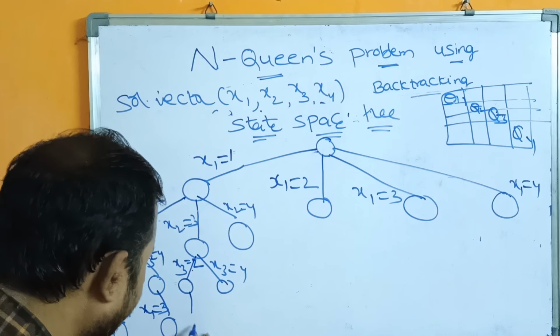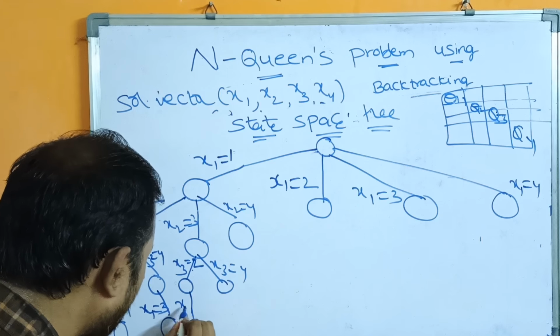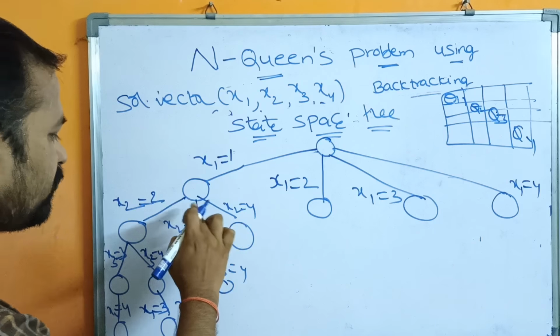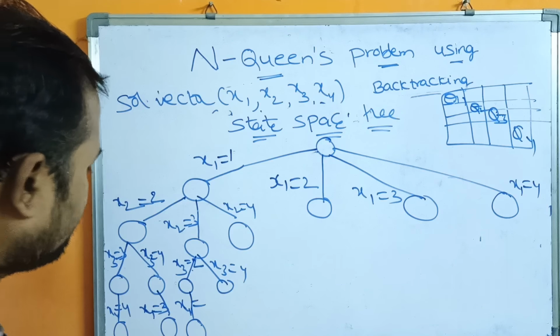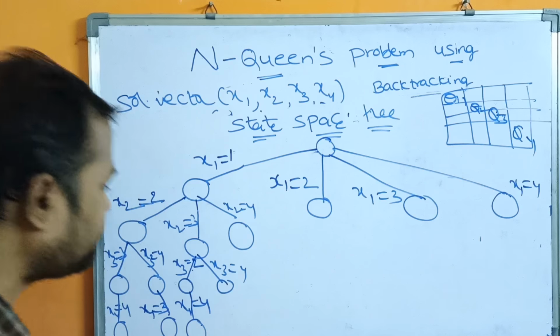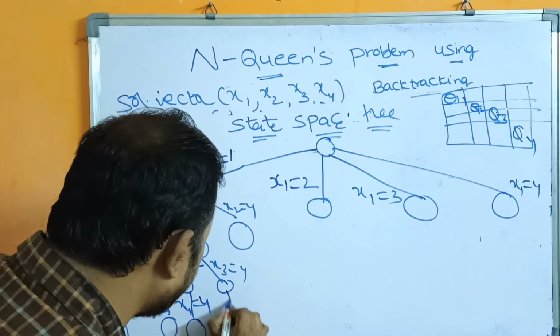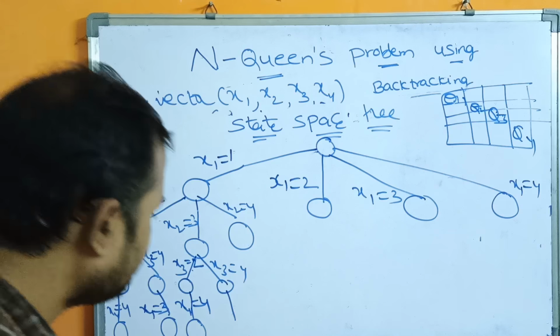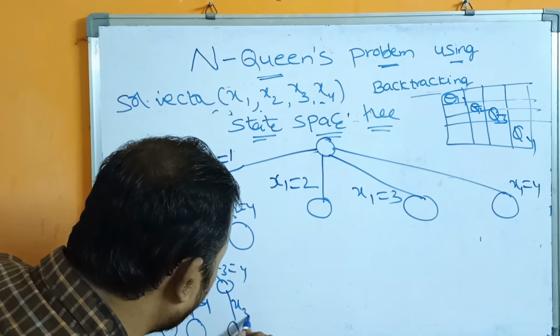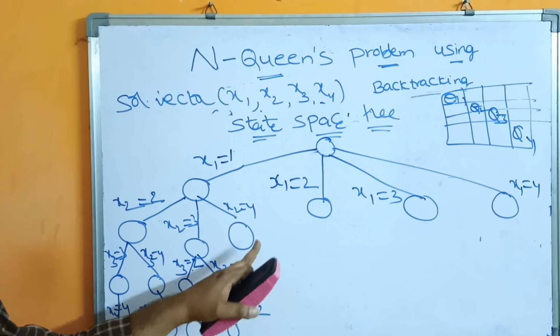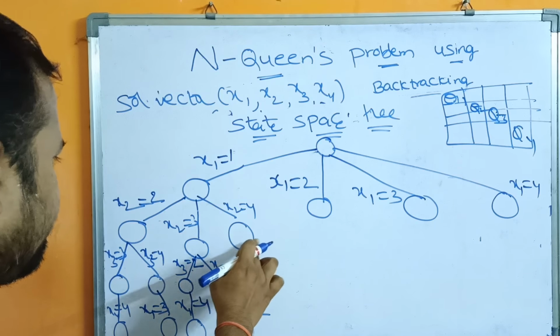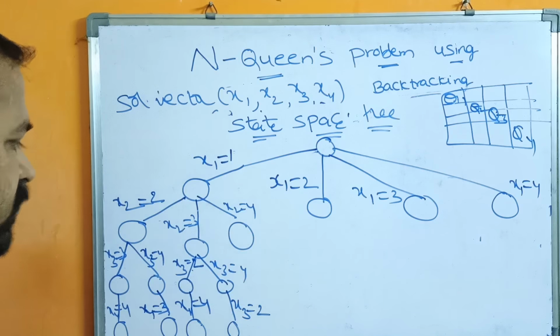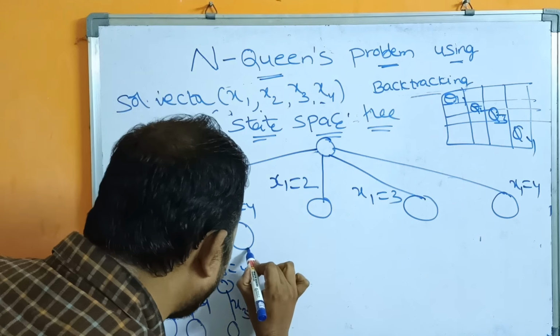Okay. If we observe here, what is x4? 1 is over, 3 is over, 2 is over. So fourth one, x4 is equal to 4. If we observe this position, 1 is over, 3 is over, 4 is over. So what is the next position? 2. If we observe here, 1 is over, 4 is over. So the left out cells are 2 and 3.